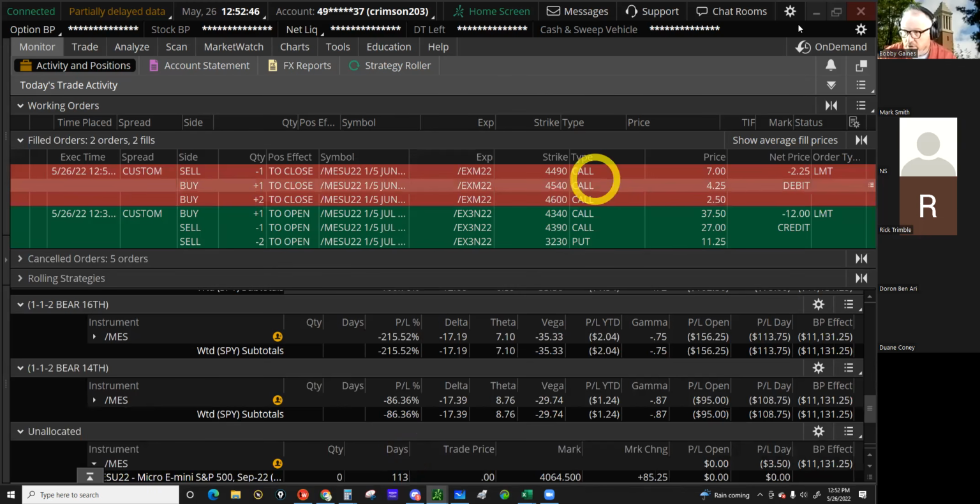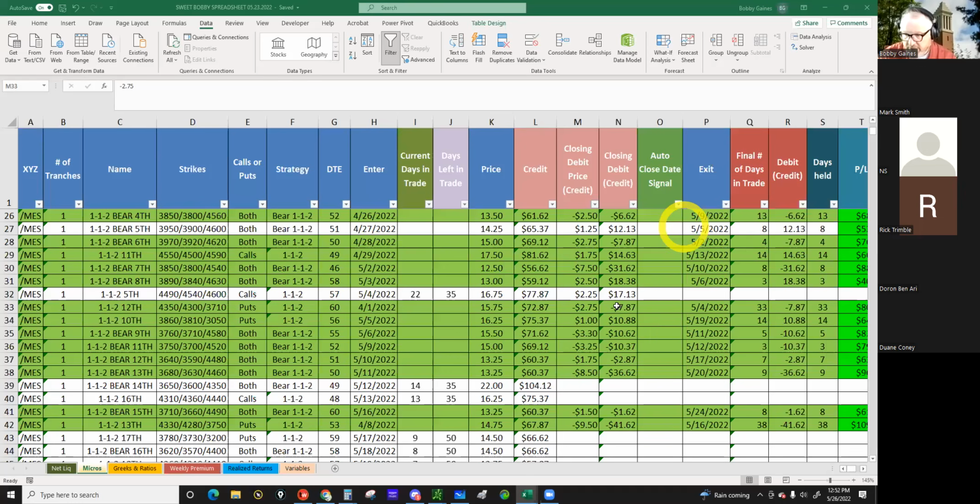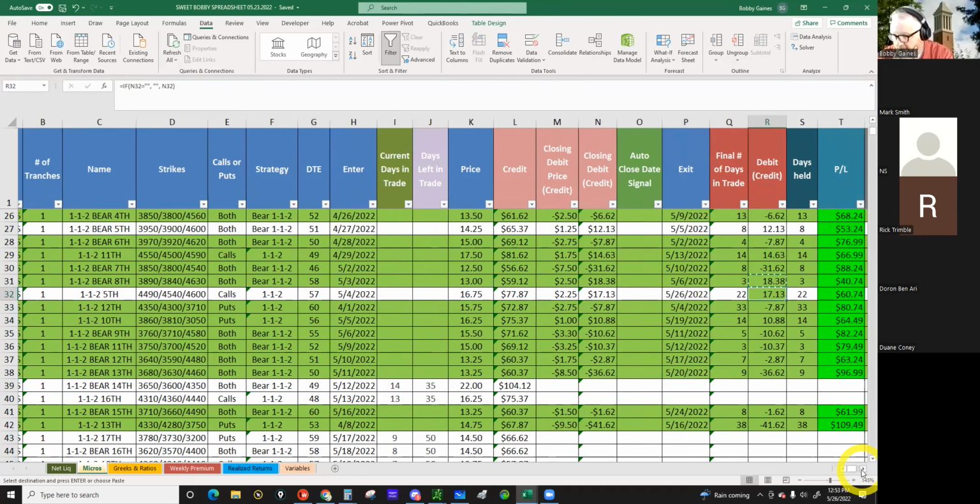Yep, 2 1/4 debit. 1713. And we closed it on 5/26/22. So I gotta fill this one in. Do the right formula there. Control C, Control V. So that should be 1713. So we made a profit of